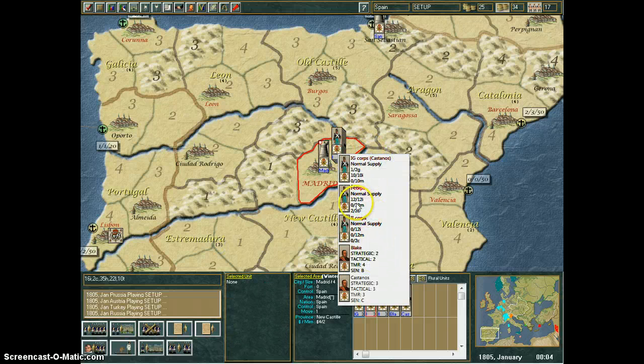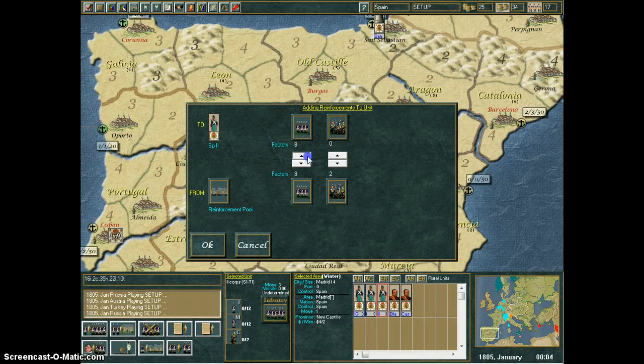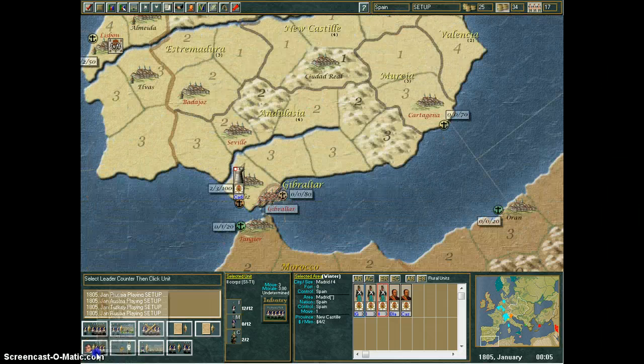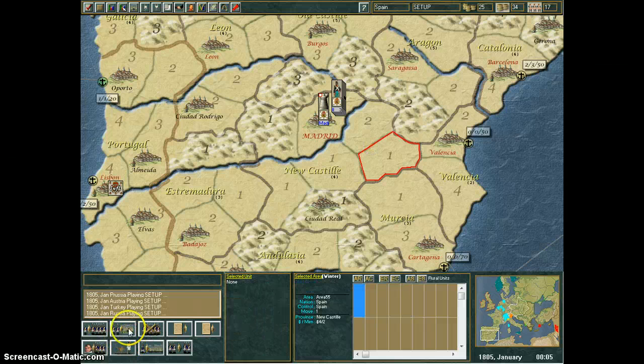And as you can see here, it says 12 of 12, 0 of 12 militia. That's what the little M means there. So basically, fill them up. Okay, and I'm going to assign this guy to the other general. So he's assigned to a general, and I'm just gonna throw the rest of these guys in a random castle,